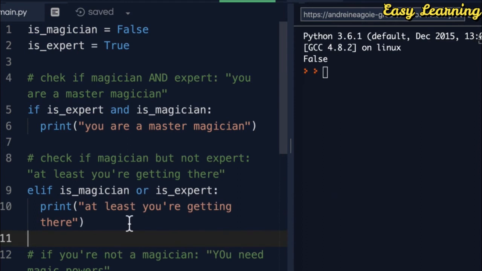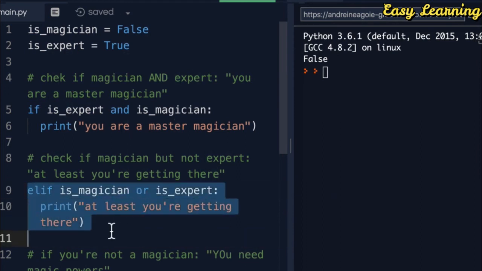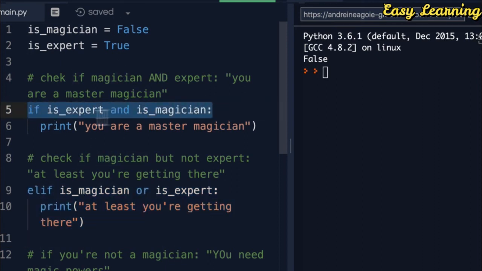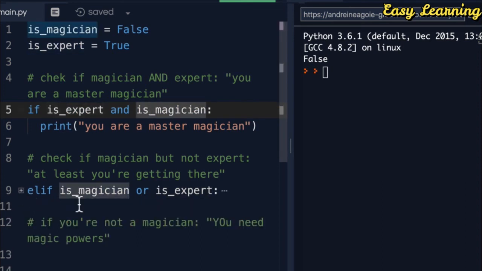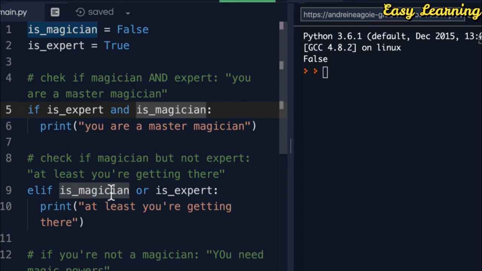Because the interesting thing here is that this code block is never going to run if both of these are true, because in the first if block, we're checking that. So as soon as this is true, we're going to completely ignore the elif. So we could do that, but